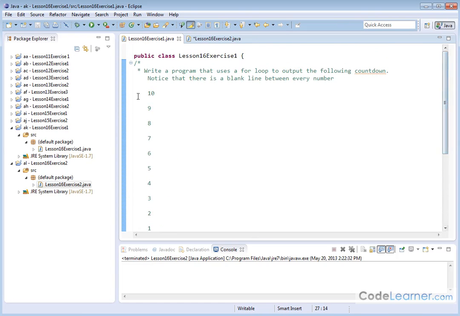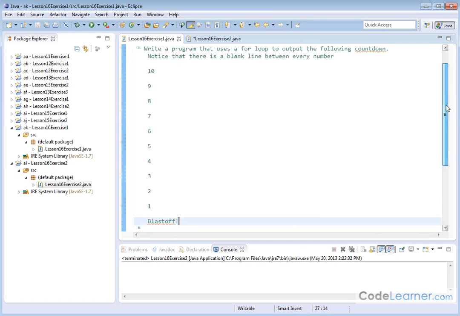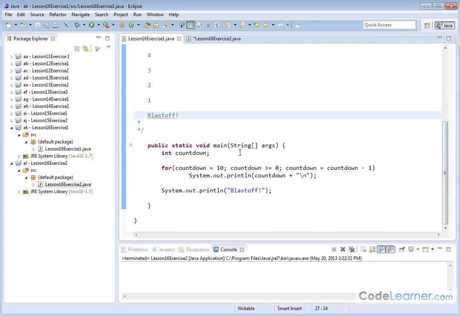So you could obviously put print statements for each one of these, but then you'd have 10 print statements, then the blast off, and it would just get cumbersome. So here is our main method, and we can see everything is contained in this tiny body of code here. We're going to create an integer to hold the countdown number, and then we're going to have a for